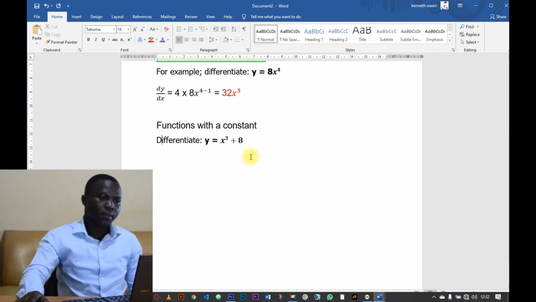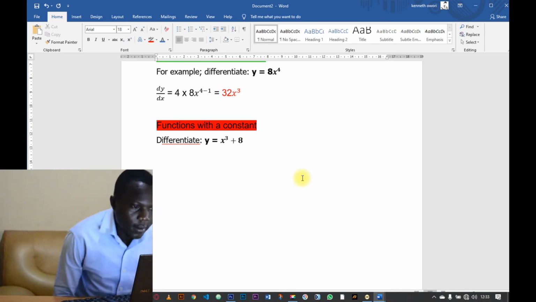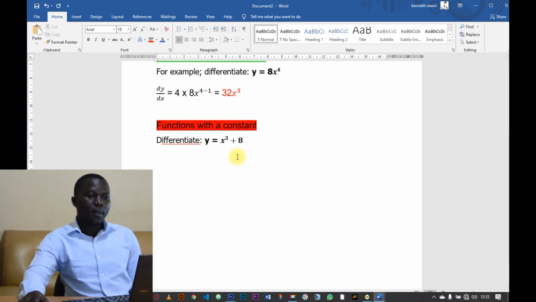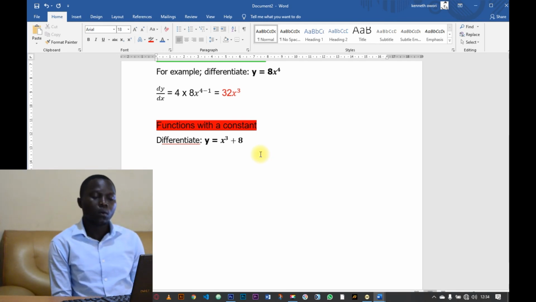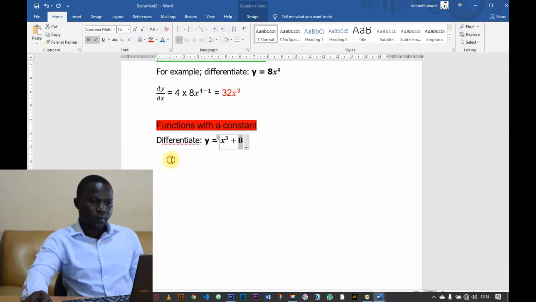Functions with a constant. So our function is y equals x power 3 plus 8. We want to differentiate an expression having a constant. So when you differentiate an expression having a constant, 8 being our constant in this case, the derivative would be